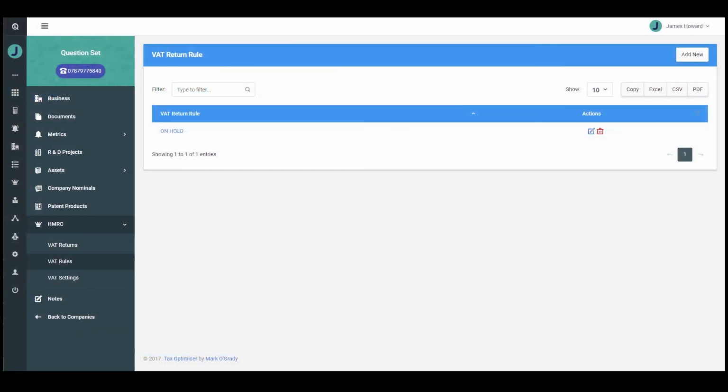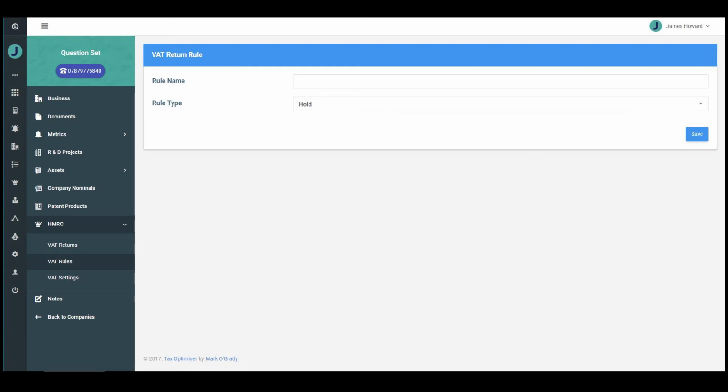So here we're back in a business now and we're looking at the VAT rules. For each business you can select multiple VAT rules. Here we've got one called on hold, but if we add a new one, and we'll just call it test for the moment, we can see that there's rule types. So there's hold, which means it will be put on hold and you can't just send it in the bulk